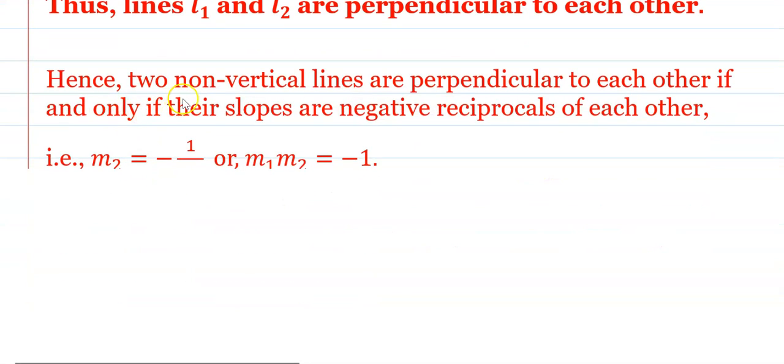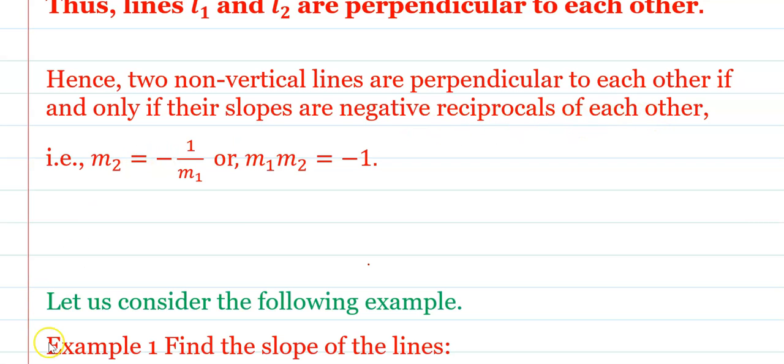Hence two non-vertical lines are perpendicular to each other if and only if their slopes are negative reciprocals of each other. That is, m2 equals minus 1 upon m1, or m1 into m2 equals minus 1,